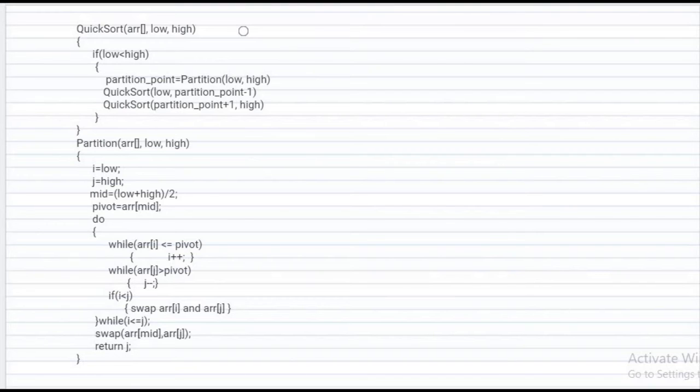In the quicksort algorithm, if low is less than high, we have to find the partition point. For this we will call the partition algorithm, partition(low, high), which means we are going to send